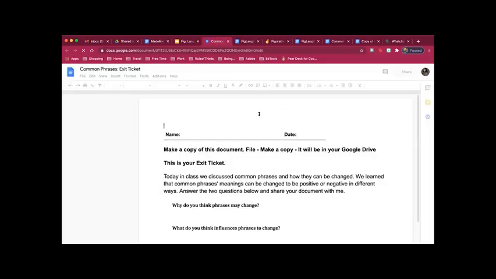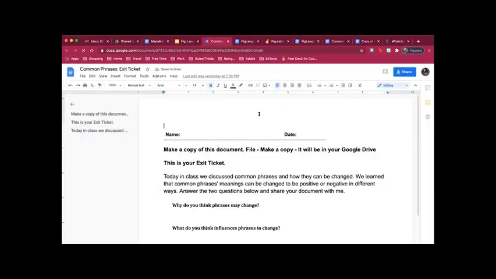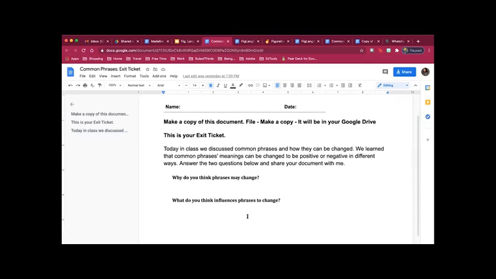let's go to our exit ticket. So in class, we discussed common phrases and how they can be changed. And we learned that these phrases, because of certain things like blood is thicker than water, jack of all trades, can be changed to be positive or negative in different ways, right? So what I want you guys to do before you leave class today is to do this exit ticket and send it in to me. You're going to answer the two questions that are below. Why do you think a phrase may have changed? And what do you think